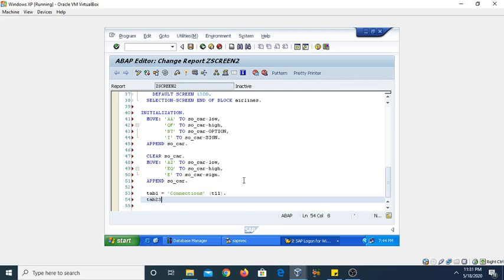Now tab 2 equal to date, and giving the name to this one is T12. Similarly, tab 3 equal to type of flight. T1.